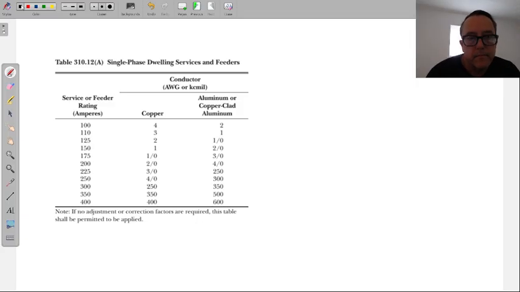So here again, I'm going to add some conditions to all of the wire selecting. Yeah, there'll be some easy questions with no abnormal conditions, just to make sure everybody knows how to do this. But I'm going to throw some other conditions to it. So this is the table that we would go to if we were selecting conductors for dwelling units, services, and feeders.